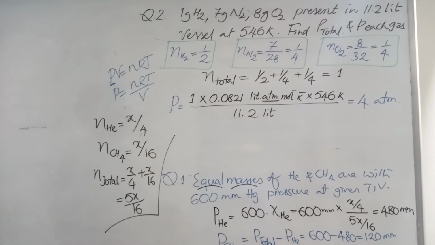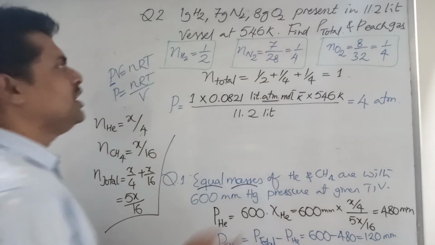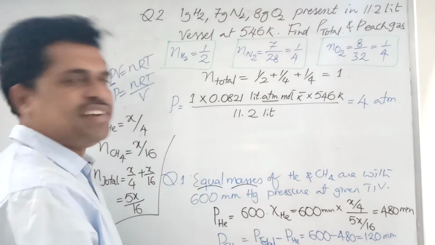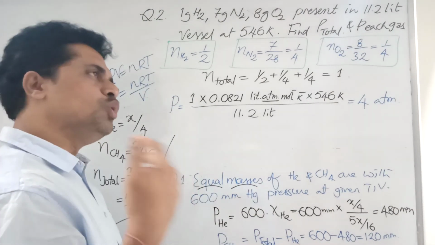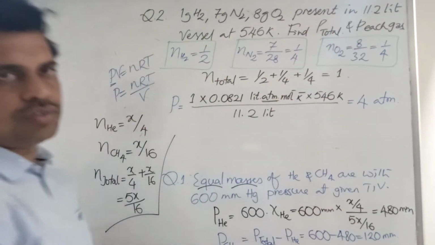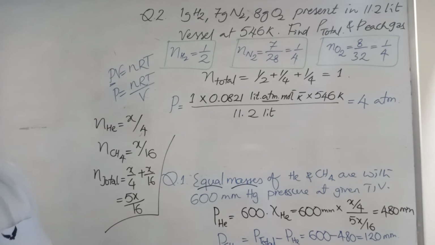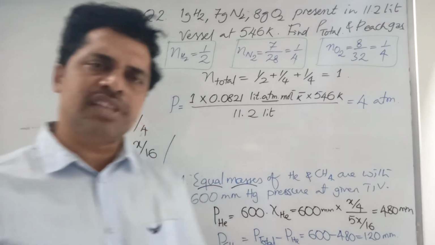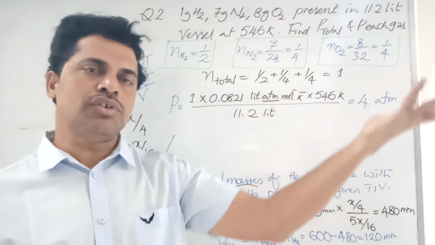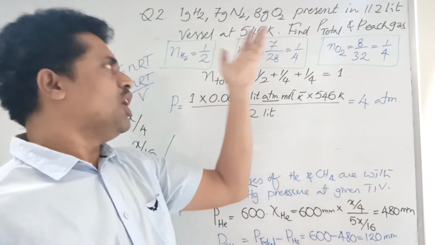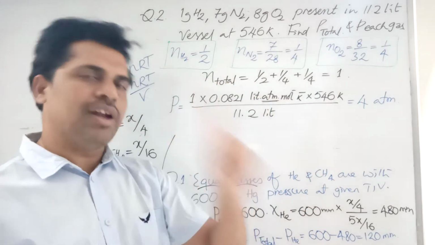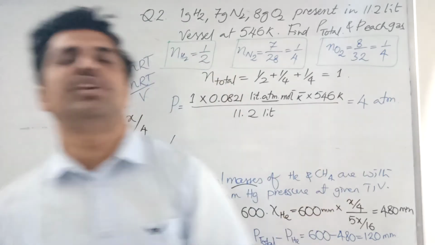Now, how am I writing it directly? It's simple logic. I made the temperature 546, double our 273, the normal STP condition. The second thing is that I made the volume 2 times down. You can apply P1 V1 by T1 is equal to P2 V2 by T2. The common sense thing is that when temperature is doubled, pressure is doubled, as P is directly proportional to T. And then with volume halved, the pressure will again double. Pressure should be 1 atm under STP conditions, and now it is 4 atm.